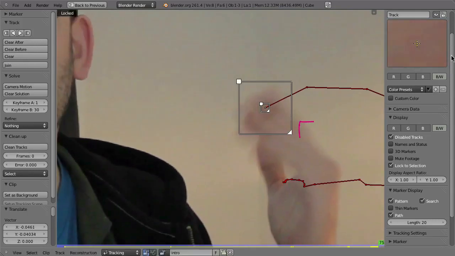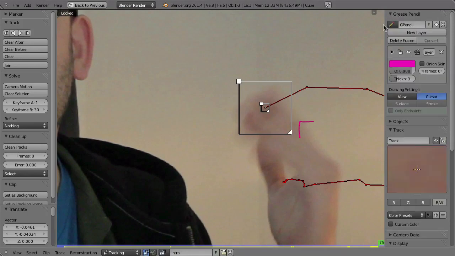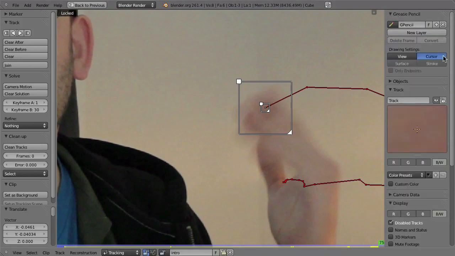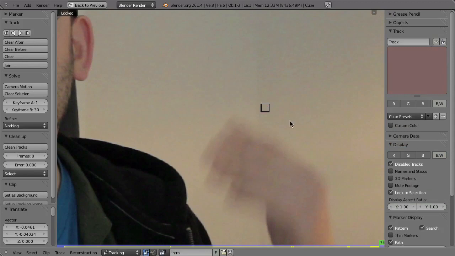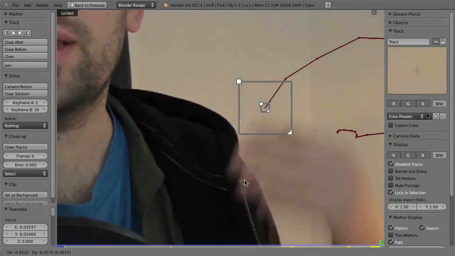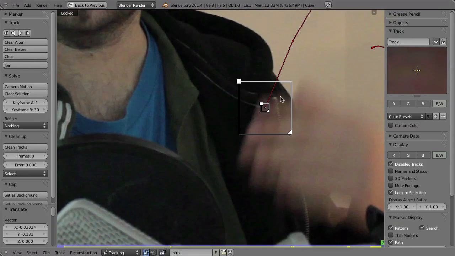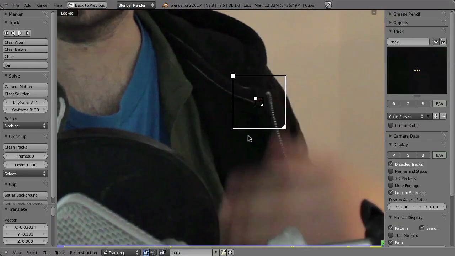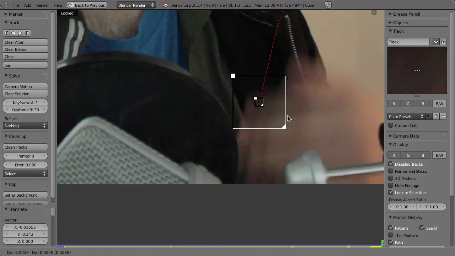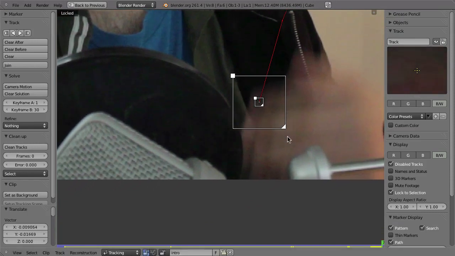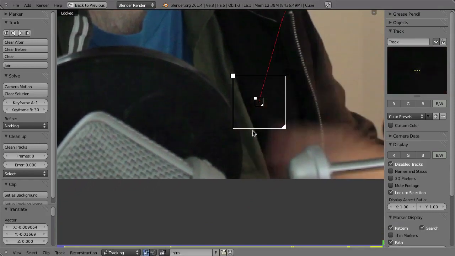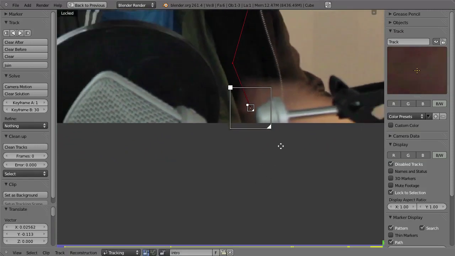And by the way, let me quickly disable the grease pencil here just by pressing this button here. So this is now manual tracking, which is a little bit tedious, but since it is only one point, I think it's not that big of a problem.